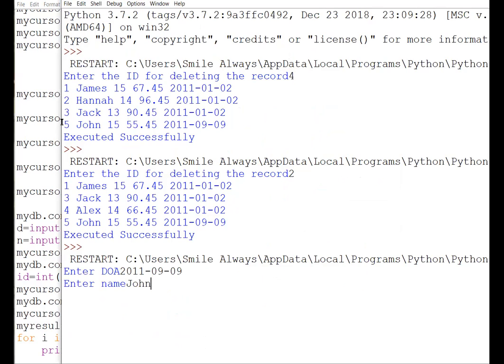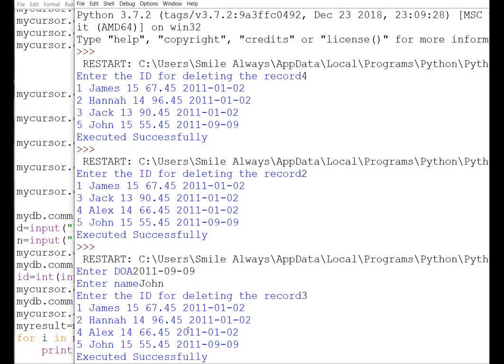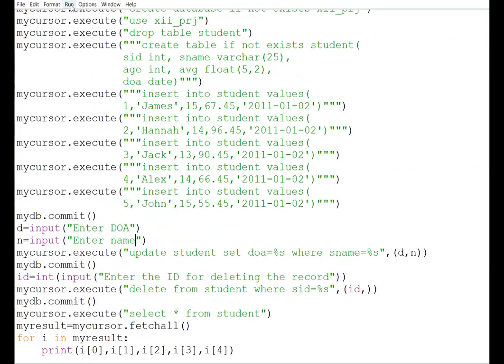Wait, one second, it was update student set date of admission where, see, this date I have to give according to my choice. I have not changed it actually. I should give it from my side, otherwise it is updating the same thing. Let me give it again.